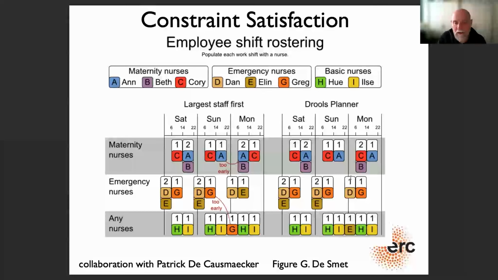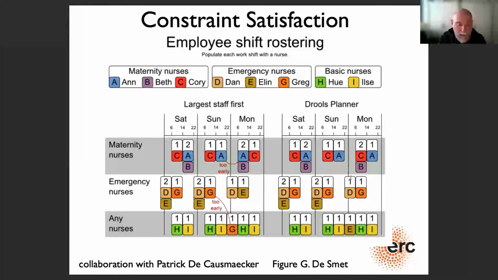For instance, in hospitals, head nurses at regular times, typically every month, have to make the schedule for the next month. And the way that they do that is, they will typically look at what happened last month. They will make some changes. And then there are certain constraints that need to be satisfied. For instance, certain free days for particular nurses have to be respected. The fact that you can't do too many shifts in a row. There are some legal constraints and stuff like that.